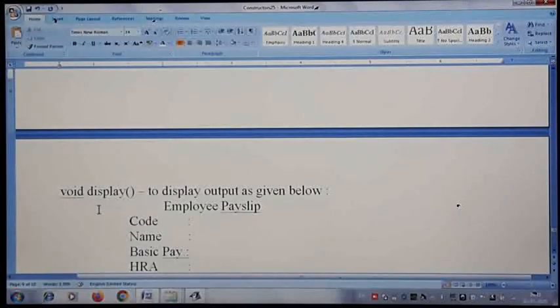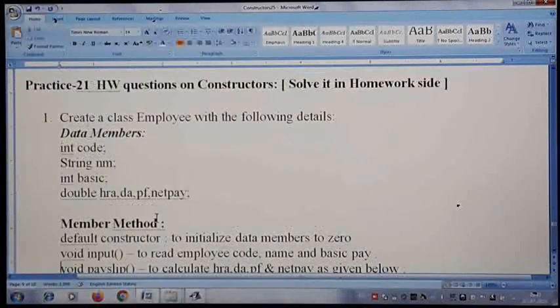So call them and write the complete program in your homework site. Solve it in the homework site. As I told you, when you try on your own, there is definitely a chance of making a mistake. Try in the homework site, verify the program. Once it is correct, when I send you the solution as notes, write everything in the classwork site itself. So I hope